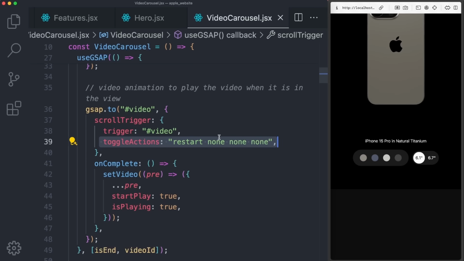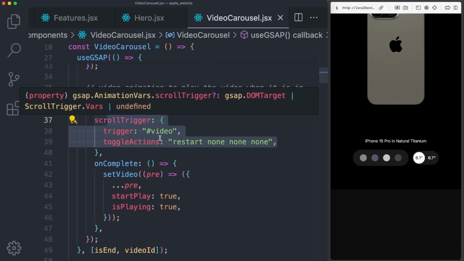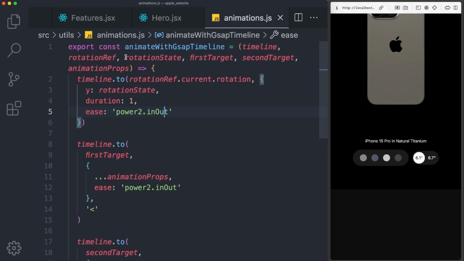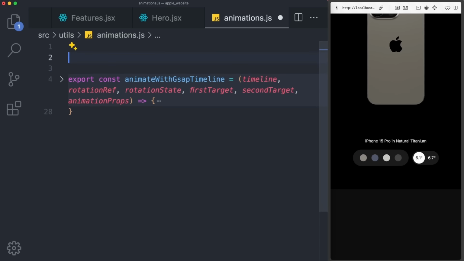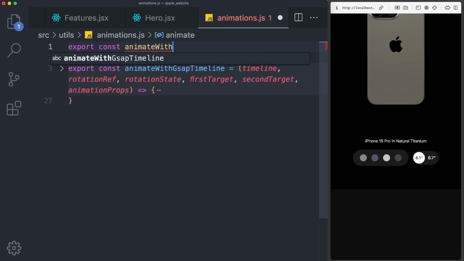So wouldn't it be better if we extracted this function call, where we repeat some stuff, to a new function within our animations.js file? We already have this animateWithGsapTimeline, but right here above it, we can create a new export const animateWithGsap, which is equal to,